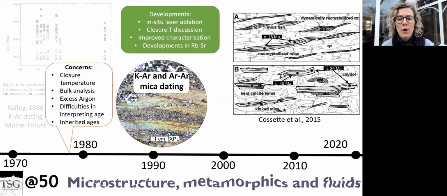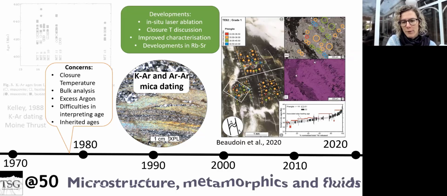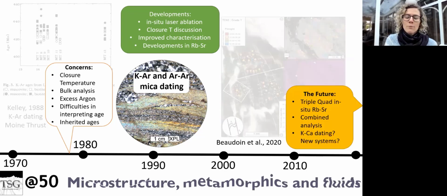These challenges are far from solved, but developments in in situ laser ablation techniques, as well as better understanding of the closure temperature and modelling, have meant that it's much easier to directly link ages with fabric-forming events, as highlighted by this lovely in situ study from the Cyclades, and also this year from the Corsican Alps with this really detailed in situ laser ablation work. Moving forward, advancements in triple quad technology mean it's now possible to date micas in situ using rubidium-strontium analyses, as well as combining with new techniques such as potassium-calcium dating, which might circumvent some of the problems associated